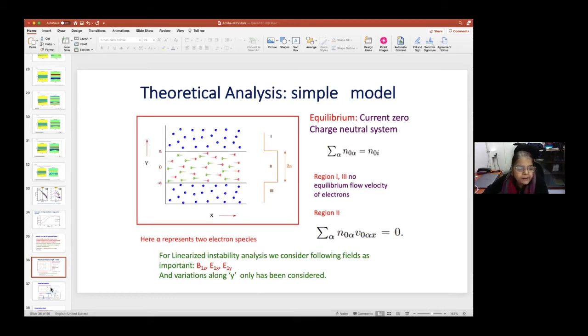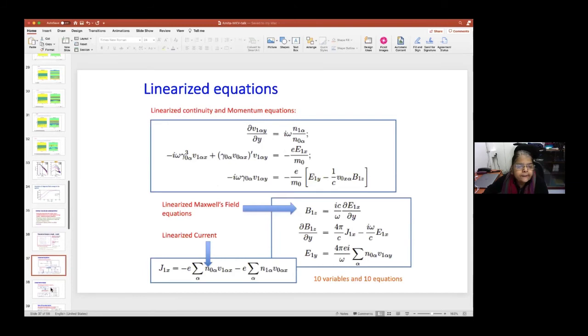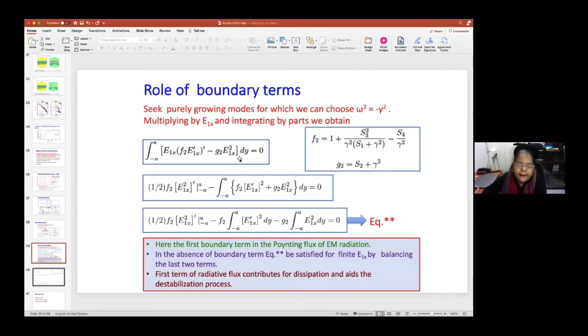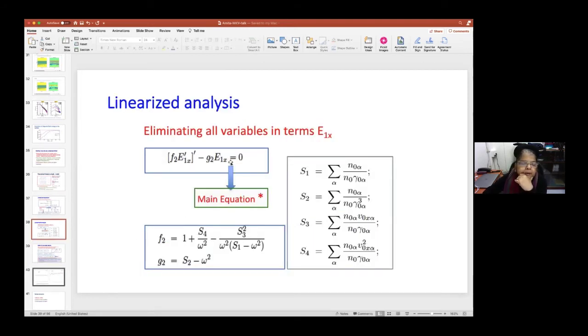If we linearize the equations, we get something like this. These are from the relativistic momentum equation, the electron equation of motion, and these are the linearized Maxwell's equations. This is the current term. So one gets basically 10 variables and 10 equations, and you can simplify it: one can eliminate all the fields in terms of E1X, and one gets this as the final equation, the main equation,